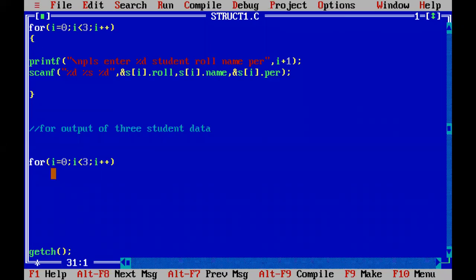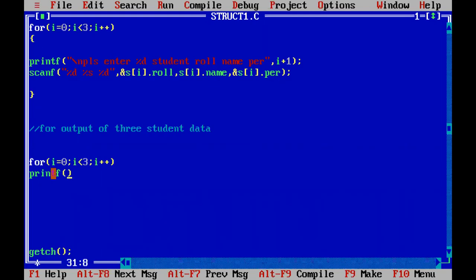So the first for loop is for inputting the data. The data for the 3 students goes in through the first for loop. Now in the for loop we are writing, whatever data was stored by the first for loop, we retrieve it again and we will print it on the monitor. That's it. Okay sir. So how to print? We will use the printf function.